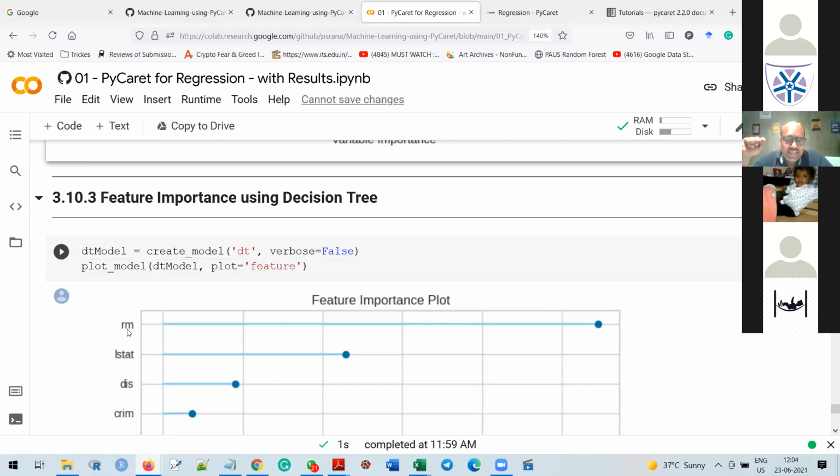Now you may ask the next question: how do we know which model, which method, we should consider? So class, first compare the models, and select only those models that give you the maximum R square value or any other best parameter. Then build the model and find out the features. That is the best way to find out feature importance. So class, if you have any question or query, you may ask in the chat also.